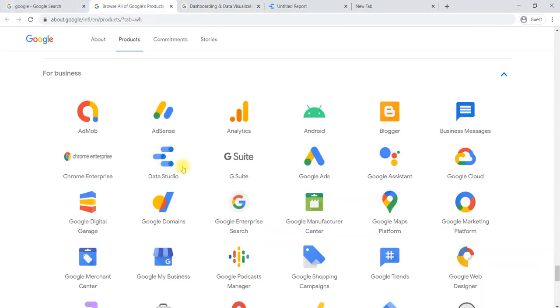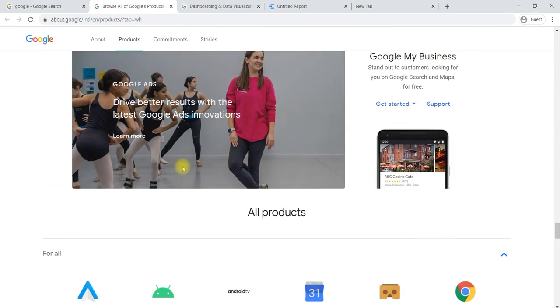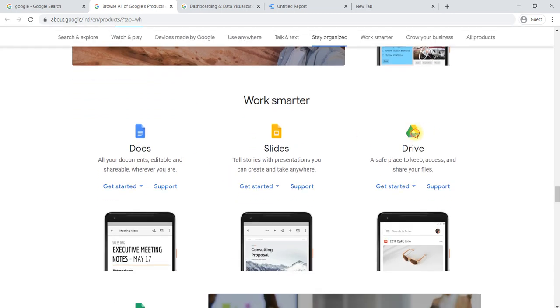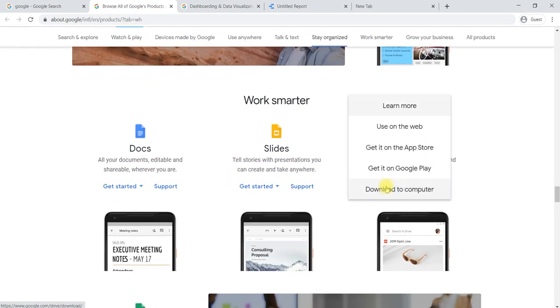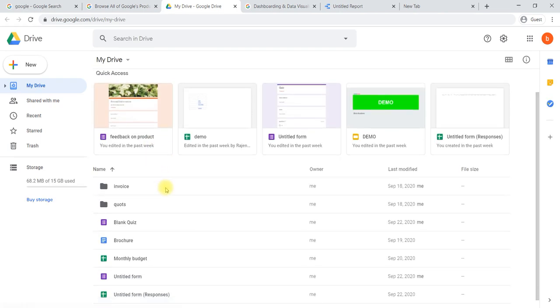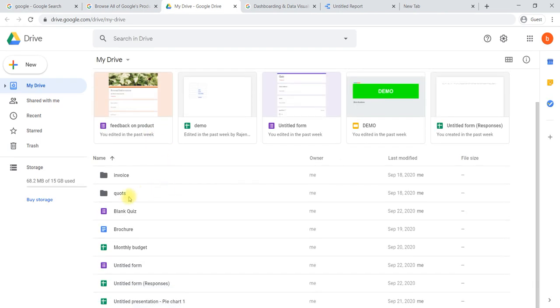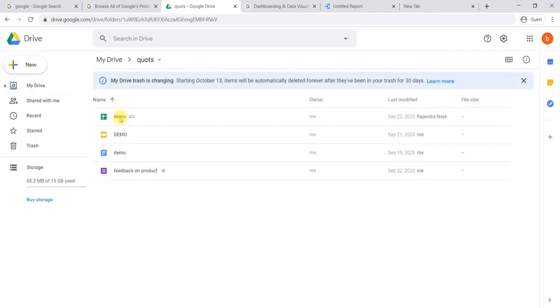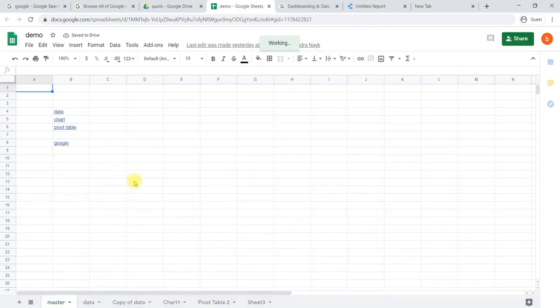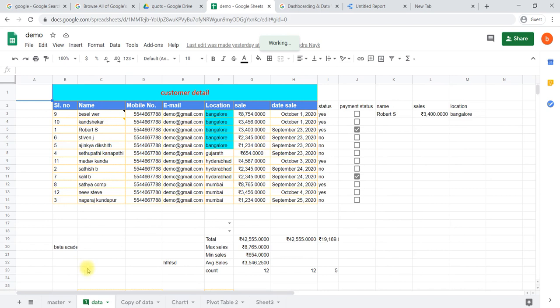here in Google, we'll go to Drive. In Drive, where you have saved that particular data, I may have saved it as quotes demo data, which we constructed while learning Google Sheets. We'll open that one, and here so many pages are there. In which page did we have data? In this particular sheet we had data.